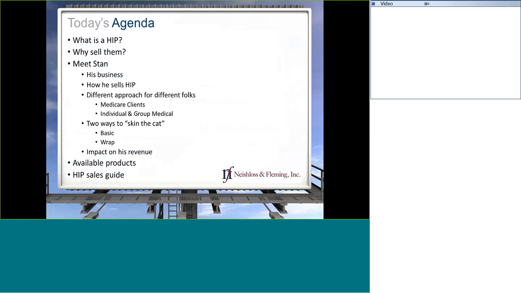So in terms of our agenda today, I'm going to start by discussing what is a hospital indemnity plan? How is it constructed? Why should you sell them? And then we're going to talk about Stan, what his business model was probably about 12 to 18 months ago, how he then determined that working with HIP plans, standing for Hospital Indemnity Plan, how selling HIP changed